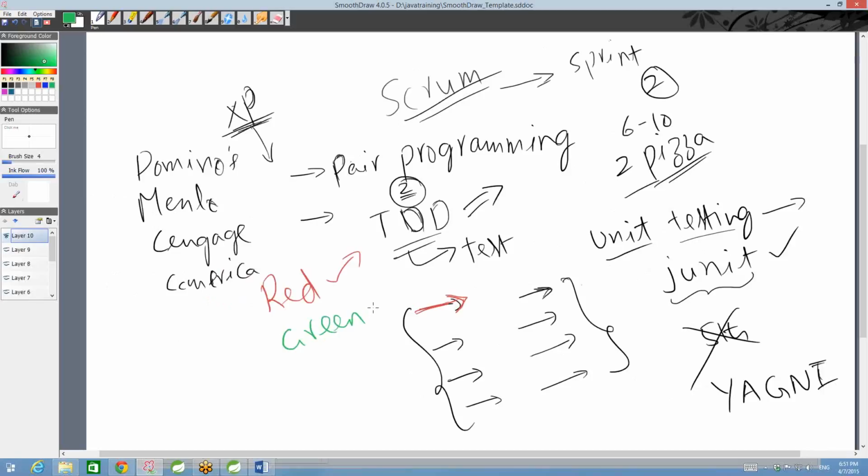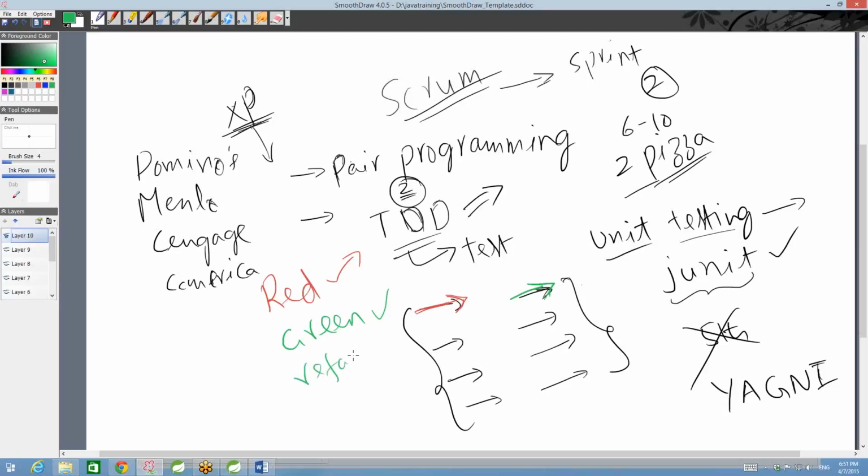So you are not writing code that is not required. You're only going to satisfy this particular use case. This is the use case. This is the scenario, and this is the corresponding actual code. You are quickly making it green, and then